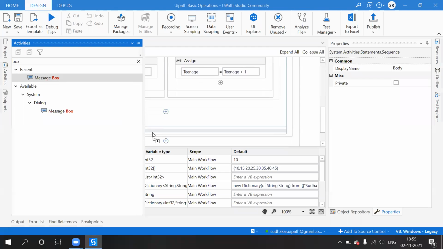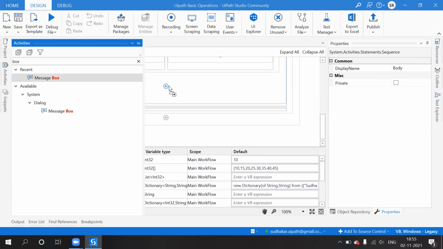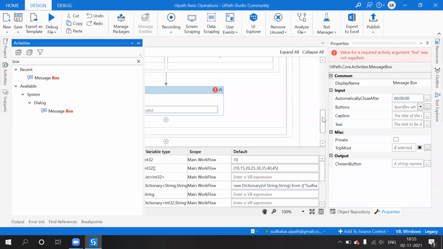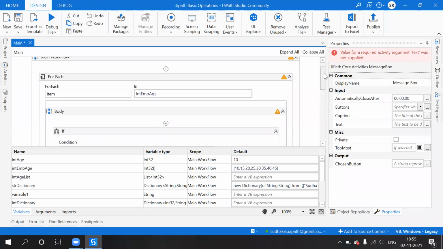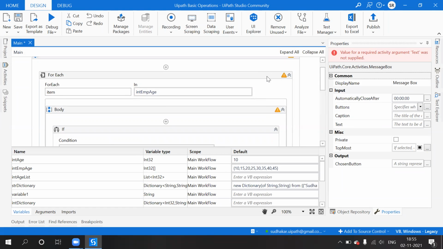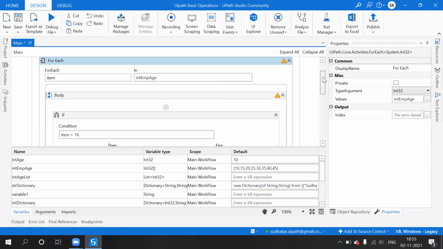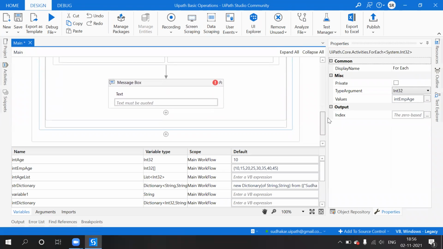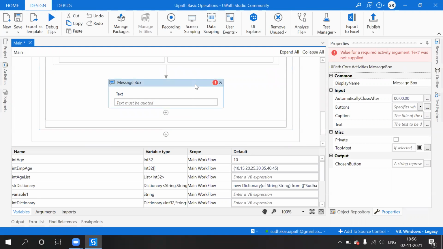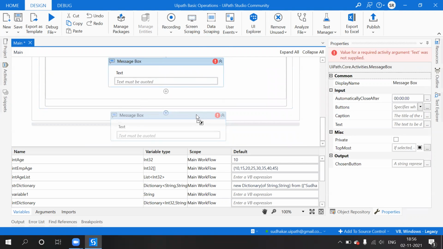So when it should be, we will go and see. So this is the loop, right? Where is it ending? So here it is ending. Okay, after this only we have to keep it.